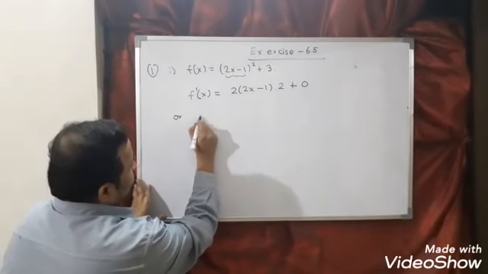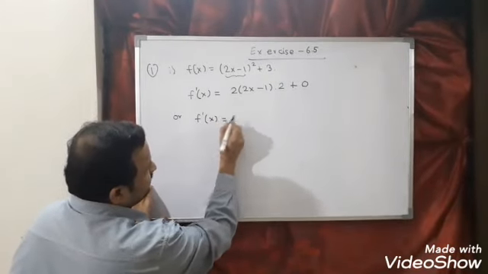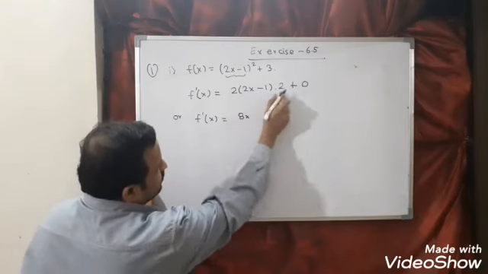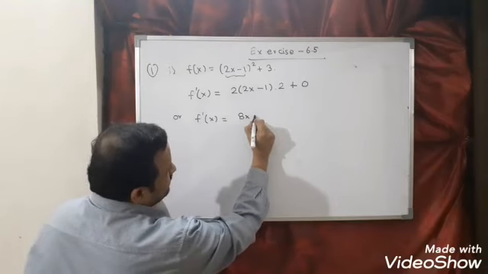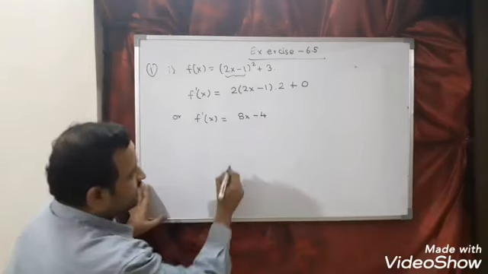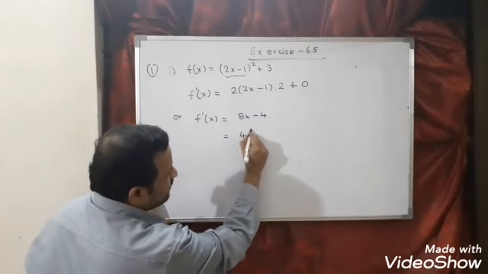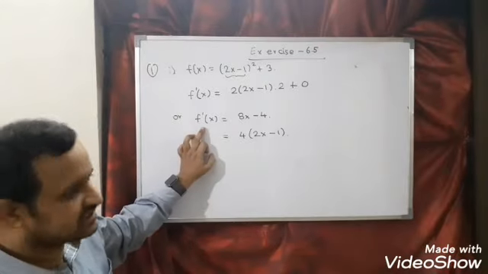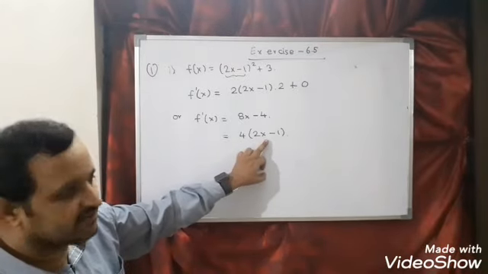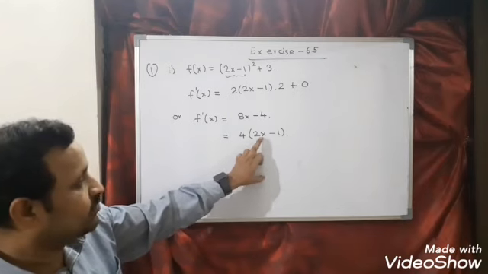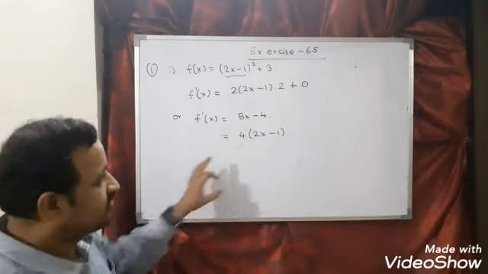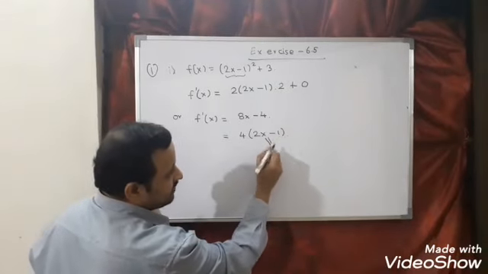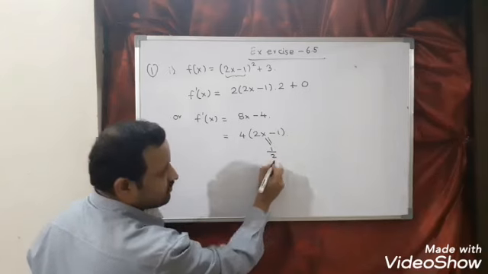Or this I can write as f dash x is equal to, 2 2s are 4, 4 into 2x is 8x, 2 2s are 4, so you will get minus 4. We can take 4 common, and you will get 4 into (2x minus 1). So the first step is find f dash x. Second step, break it into linear factors. Third step, make the coefficient of x positive. Fourth step, critical point. What is the critical point? For what value will this become 0? So I can say when x is equal to 1 by 2.